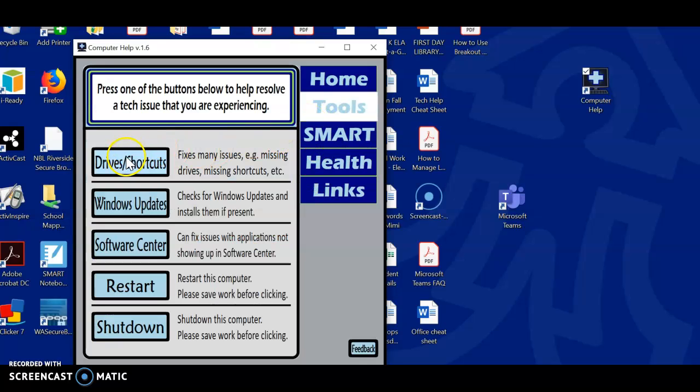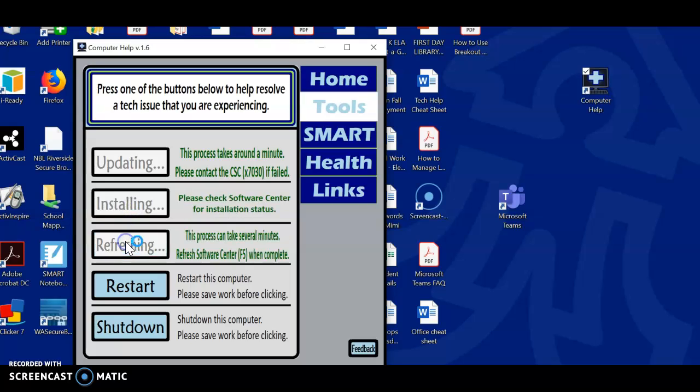I go to Tools, and I'm going to click on these first three buttons to update everything that needs to be updated. You can see I just got a little alert that it's downloading and installing some new software. Today is September 25th, 2020, and last night, or the night before, customer support pushed out a few updates for Windows. So now I just wait. Usually this process can take anywhere from 5 minutes to half an hour, depending on how many updates there are and the intensity of the update. So I'm going to just pause my video while this updates, and I'll be back in